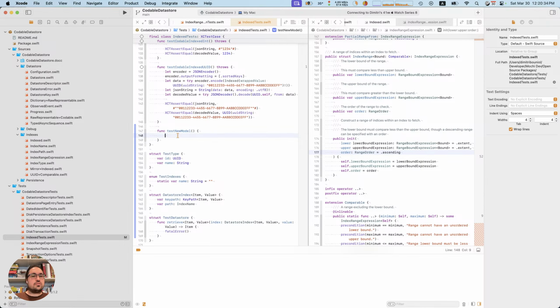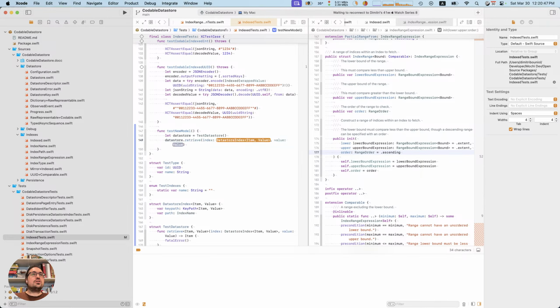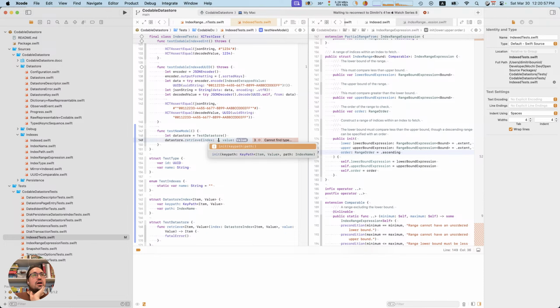So we have a let datastore equals a new one of these, and then we should be able to say datastore dot retrieve, and then we need an index, a value that matches that index. Okay, so I would love to be able to say dot and then be able to specify something here. So how can we make that work?